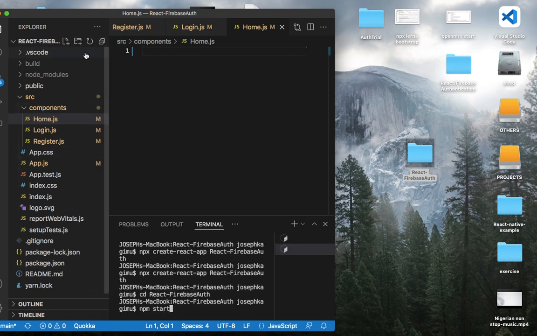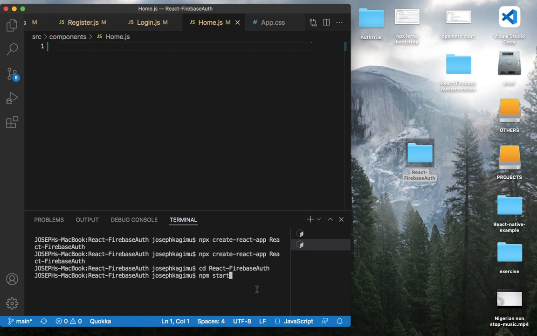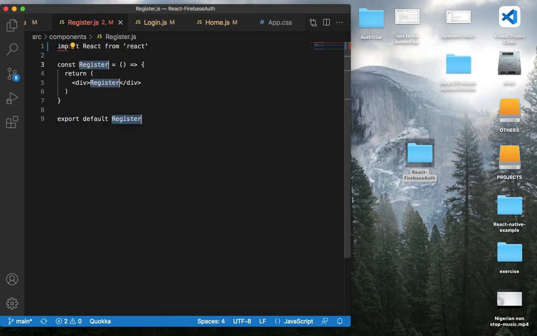So from that, we'll need to install Firebase. So we need to run npm install firebase. And once you run enter, the installation will be done, and then from that just come to register.js and try starting your project, and then